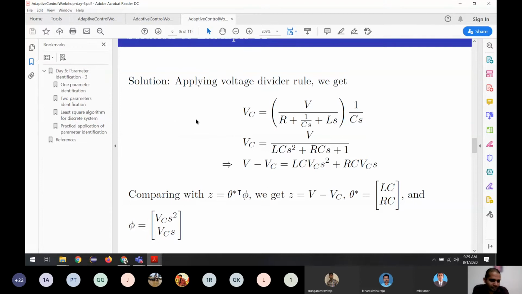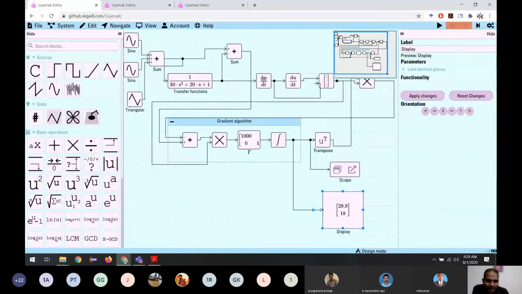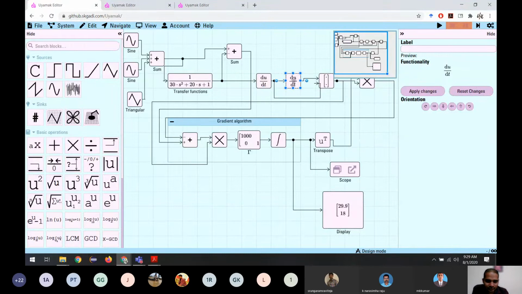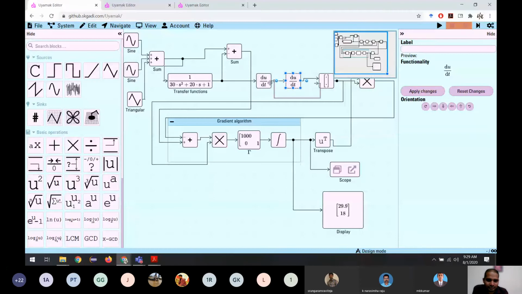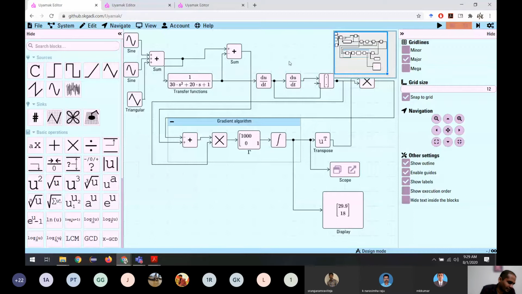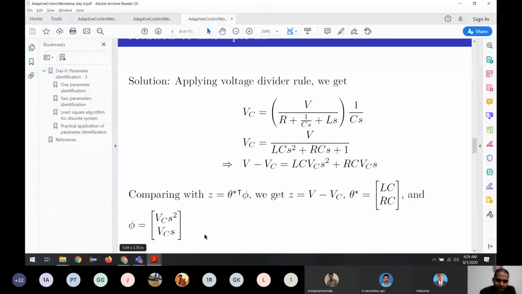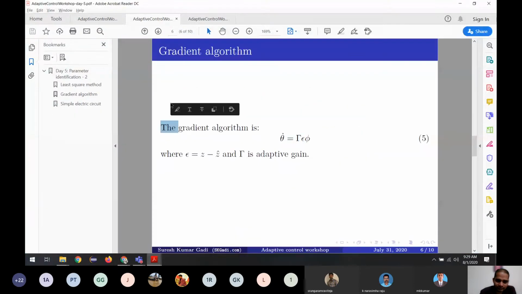Okay, if no doubt, I have to give one small comment here. This system, again, I'm using something which I said I don't use in general. In these blocks, the differentiation for the S and S square, I'm doing differentiation, which I don't recommend or use in real life or in research. But I'm using it here because of the obvious advantage of simulation. But let us go to the next part, if we have a real system, how we can do it. And before that, let me show the same least square algorithm we have seen here. It is the least square algorithm we have.